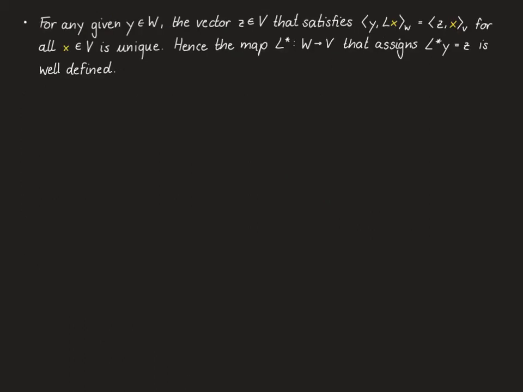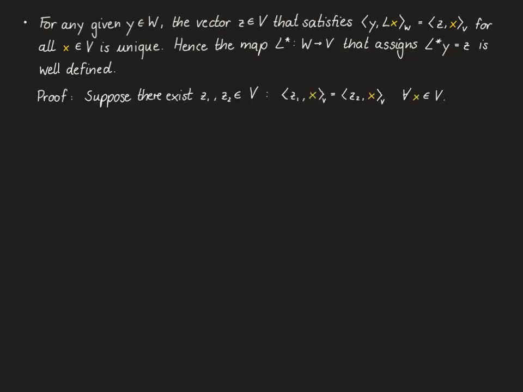So we have just shown that for any given vector y in W, there exists a vector z in V such that the inner product of y with Lx equals the inner product of z with x for all x in V. Now what we want to show is that this vector z is unique, and hence the map L star that maps from W to V and which assigns to any vector y the unique vector z is